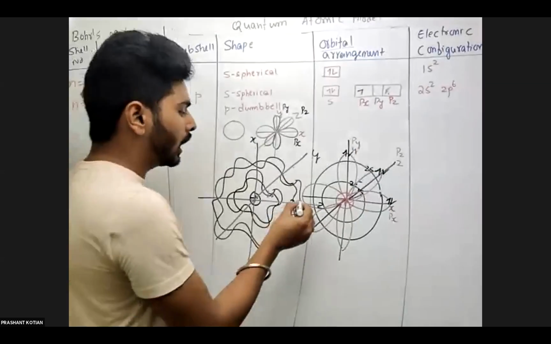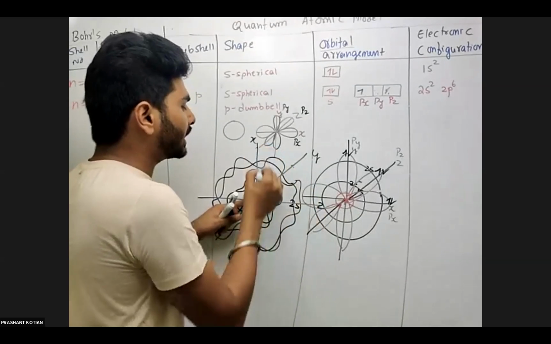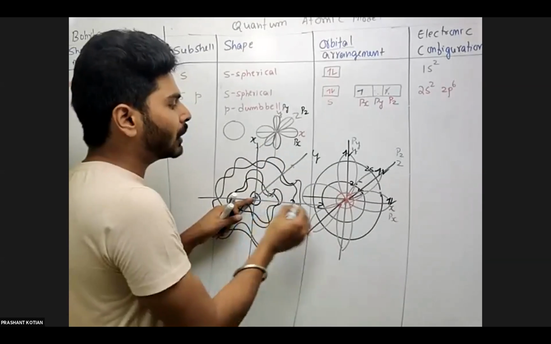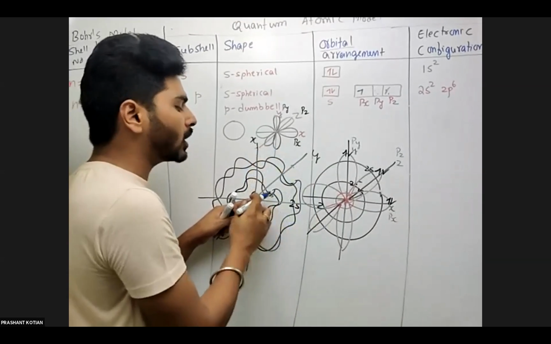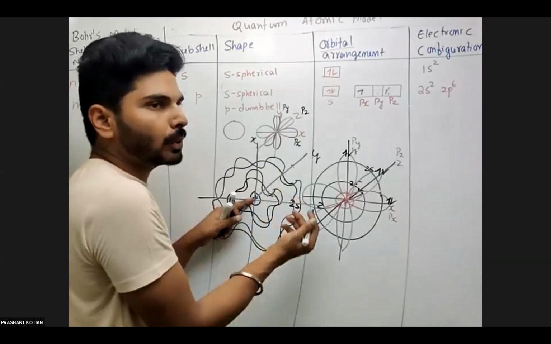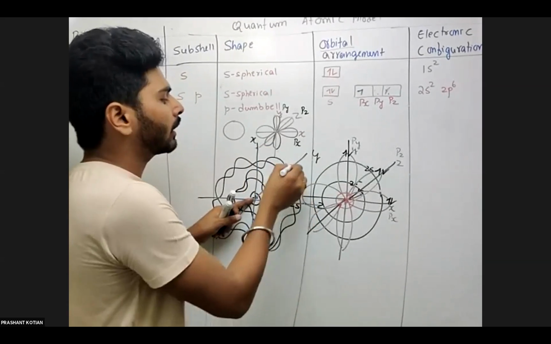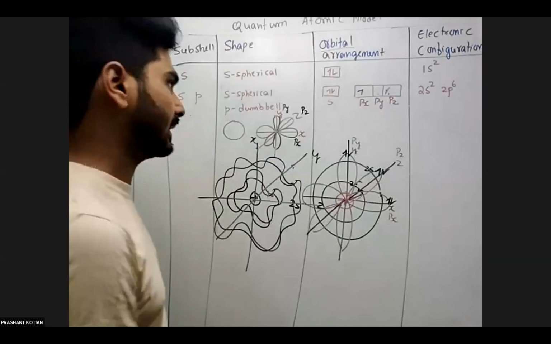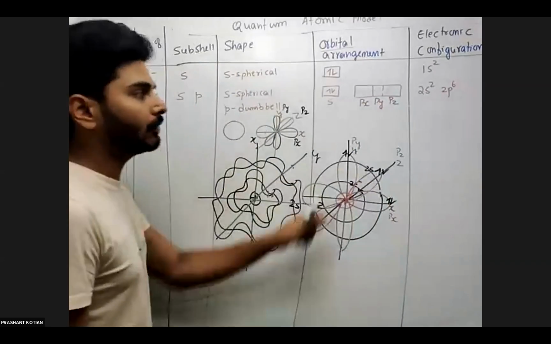Why? Because from the nucleus, if you see the distance, they are equidistant from the center. Since they are equidistant from the center, only the difference is the angle. Angle does not matter, because as long as distance is not getting violated, the force of attraction won't be affected. So as a result, what happens? These electrons can be placed in any of the axes. That's why this 5th electron you can expect in any of the orbitals here.